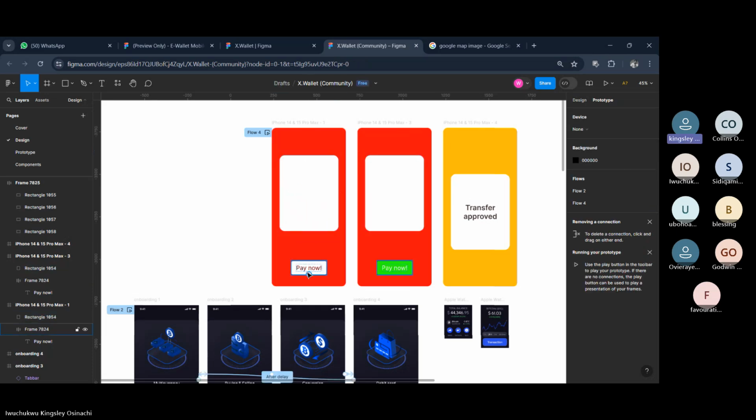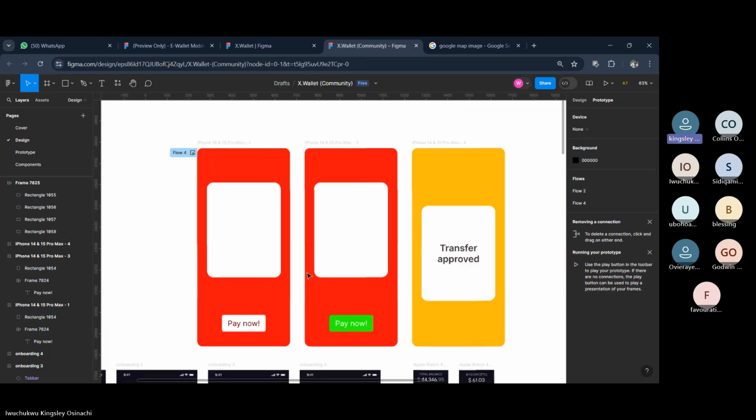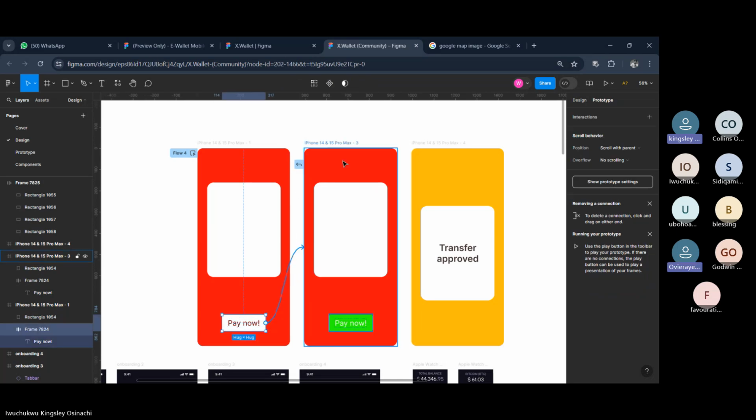Then let's say this is my play button. I just want you to understand how prototype works, right? So this is my play button. I want my play button to connect to this transfer approved page. So whenever I click on this play button, it will take me to transfer approved. Pay now, like this pay now button, if I click on it, it will take me to this transfer approved. I will take my mouse pointer to the button, right? You see a plus icon that activates. You drag it like a wire, and take it to your desired page. You see the page is pointing now. You will now leave your mouse,